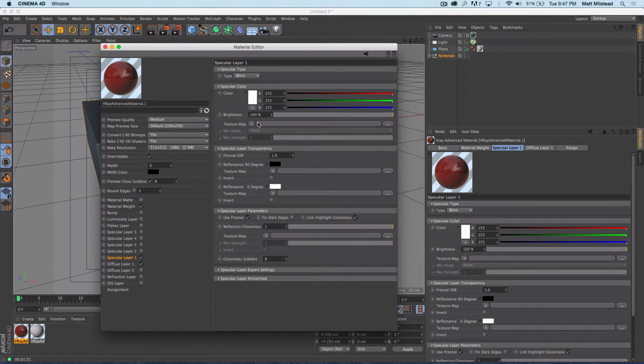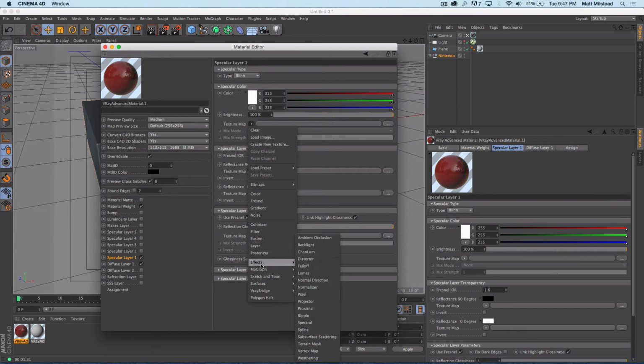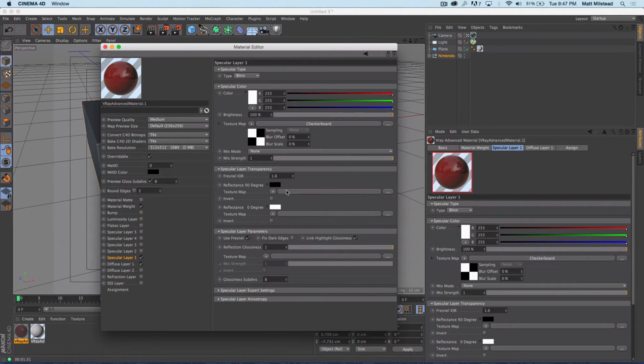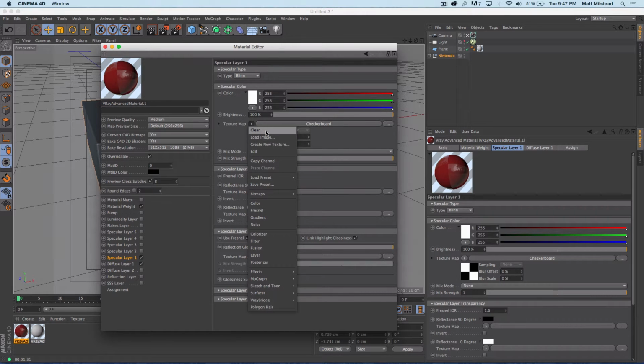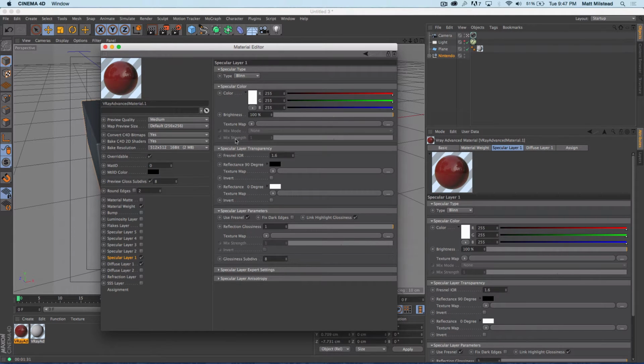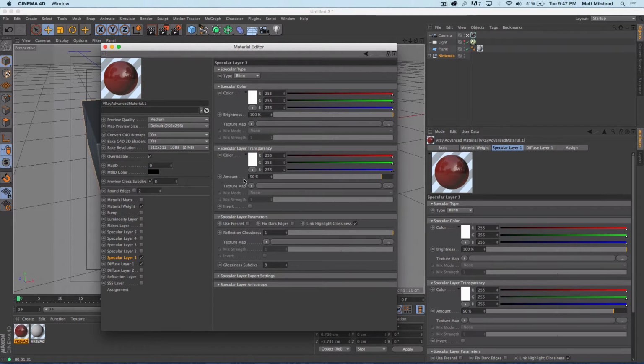You could also do a texture map for the parts that you want to be reflective versus non-reflective. For example, I'll show you some surfaces. We got a checkerboard, so you can see on the parts that are black, we have no reflection there, and the parts that are white are very reflective. So clear that out. Then you got your mixed mode and mixed strength if you want to use those as well. Now with specular, you've got two different options. You can either use your Fresnel IOR, or you can unclick this button right here, and then it'll bring up your standard